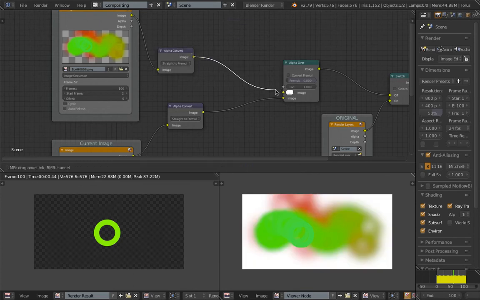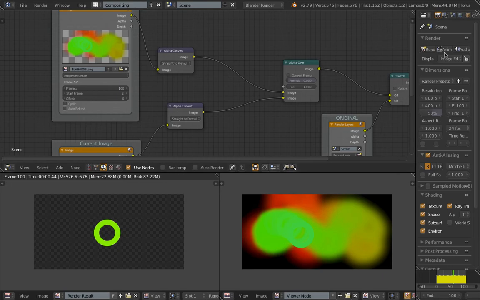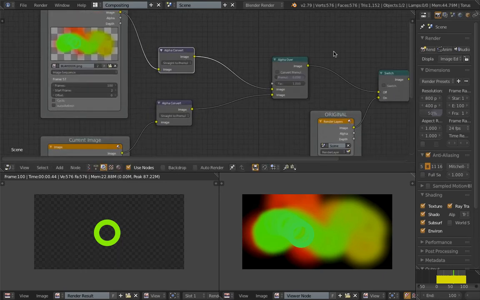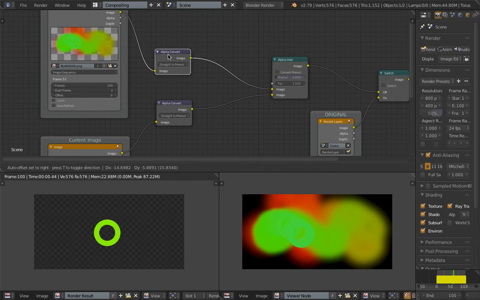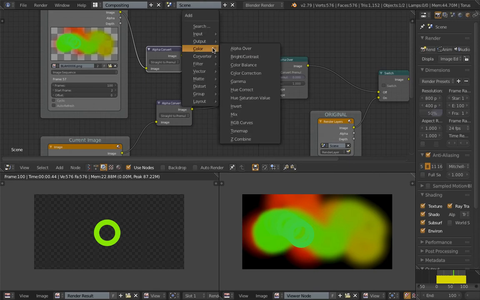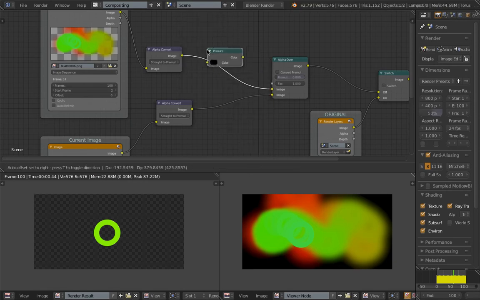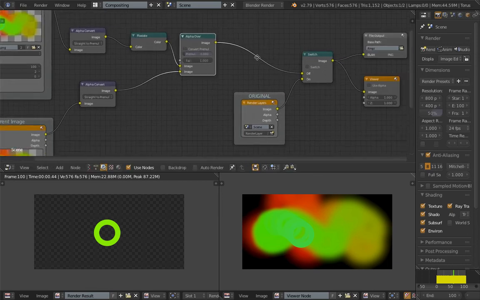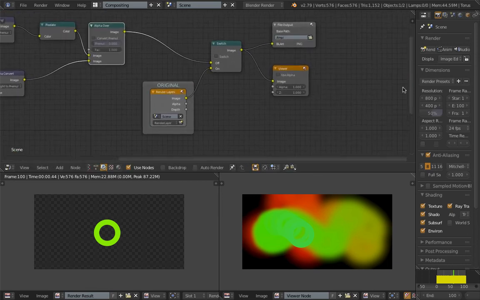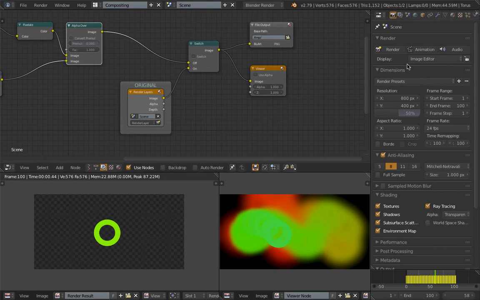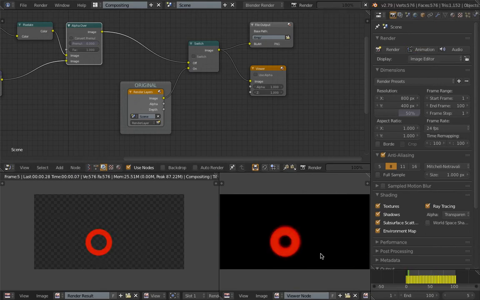So let's say instead of blurring, we just leave it without the blur, then what's gonna happen is you're gonna get a trail. I have not tried other effects like bokeh blur or maybe a pixelated effect. I have not tried this, but maybe I should try it now. If I try it now, we're gonna get the pixelated effect, but